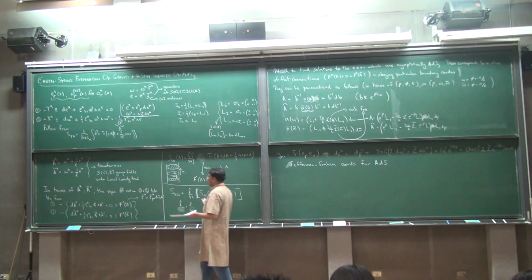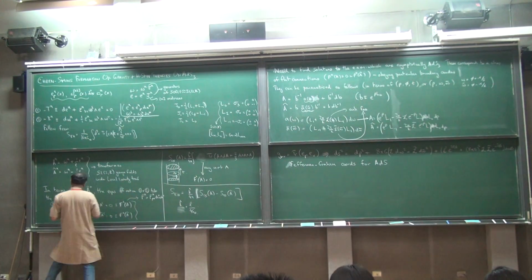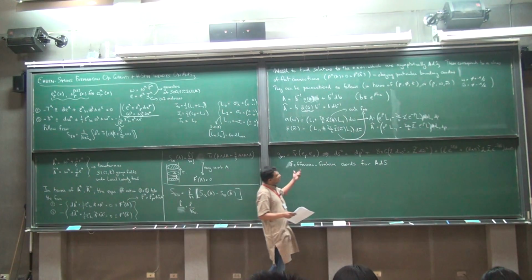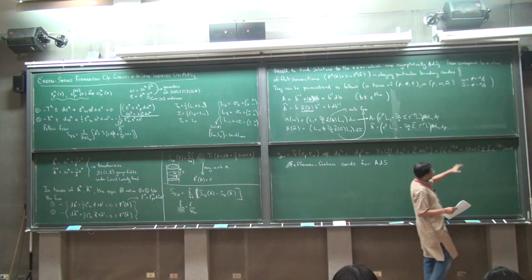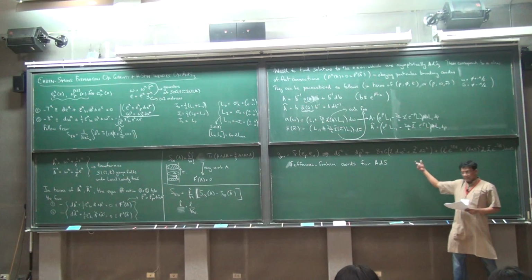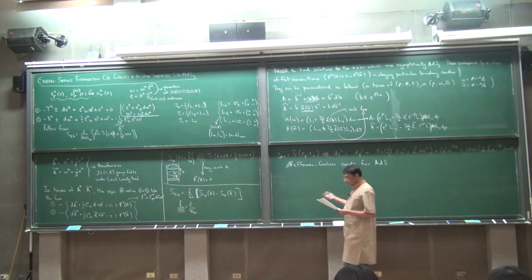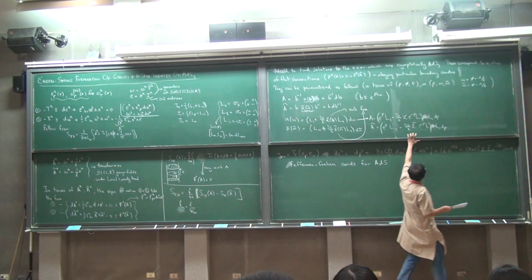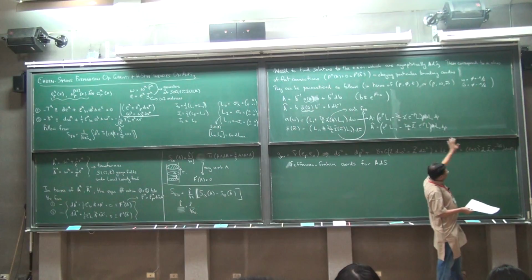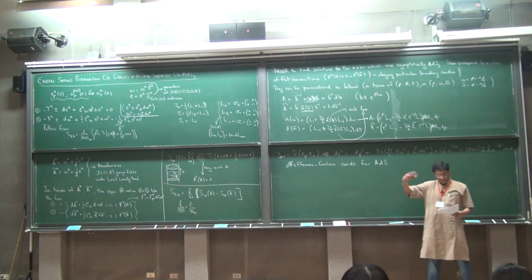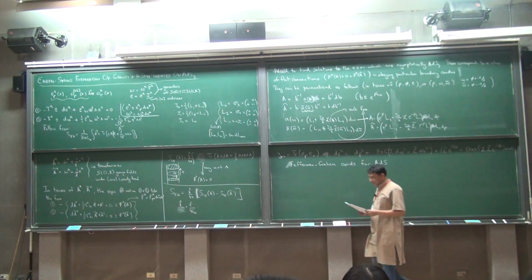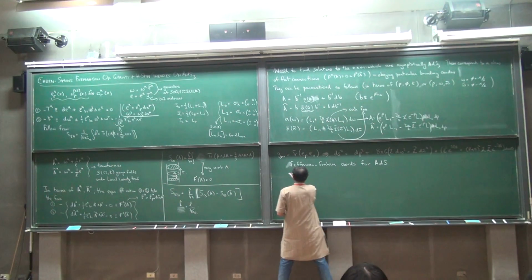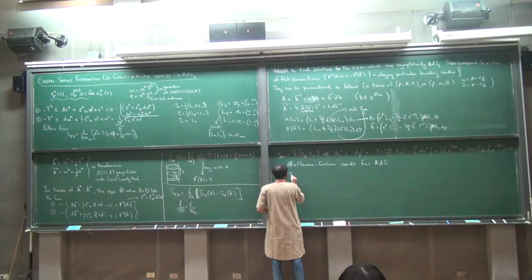Fefferman and Graham showed that you can write any asymptotically AdS, any hyperbolic metric, in terms of a convenient set of coordinates, and these are precisely the Fefferman-Graham coordinates. So this parametrization was designed to give you these Fefferman-Graham coordinates. In terms of this, the BTZ black hole